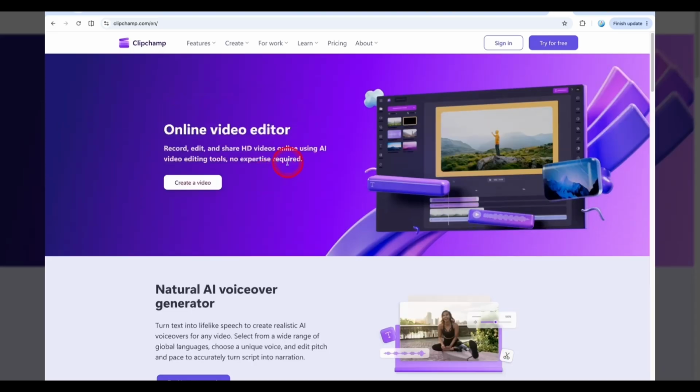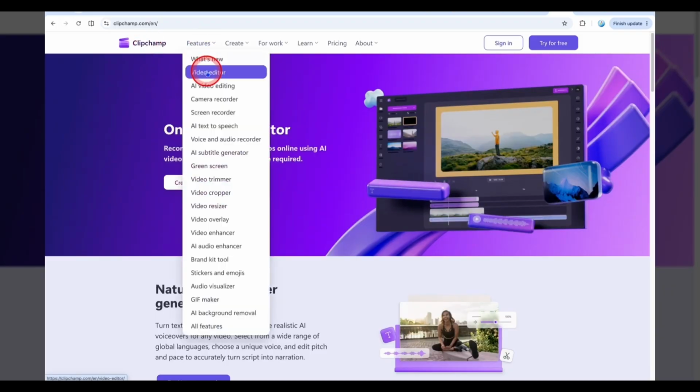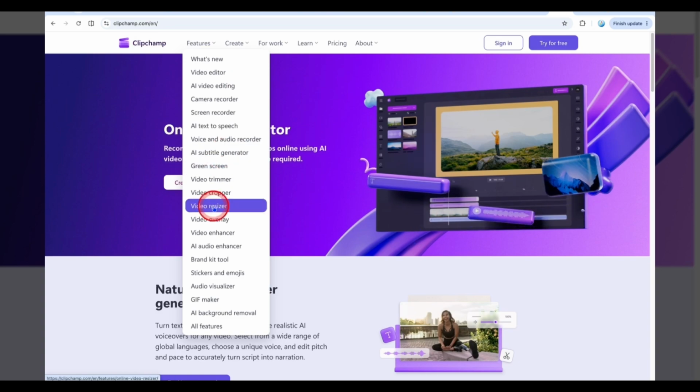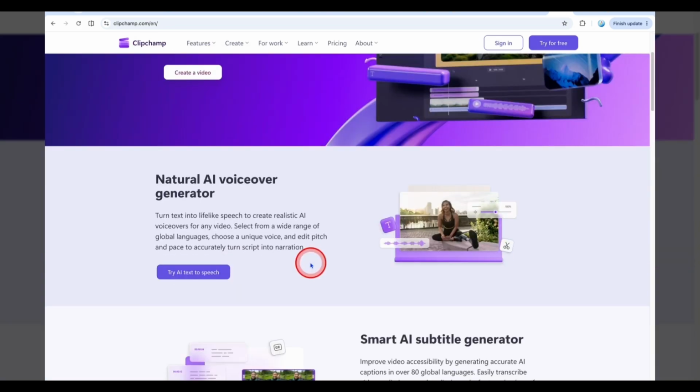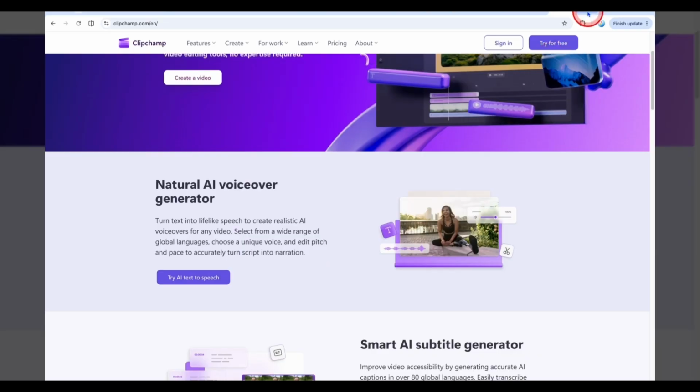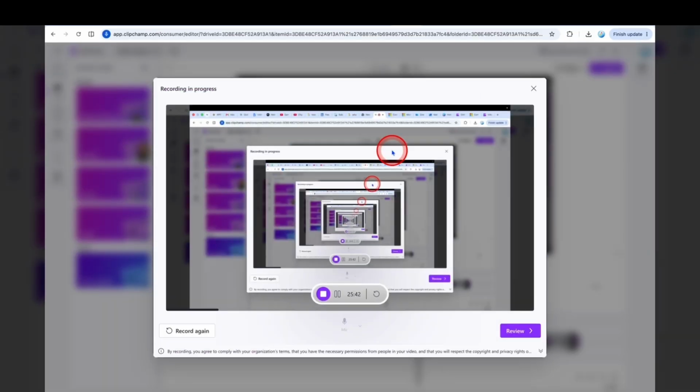So this is just a sample for the tutorial. Clipchamp features, if you have video editor, AI video editing, AI subtitle generator, green screen, and so on. And I will stop the recording now. So this is the overview of Microsoft Clipchamp free video editor.